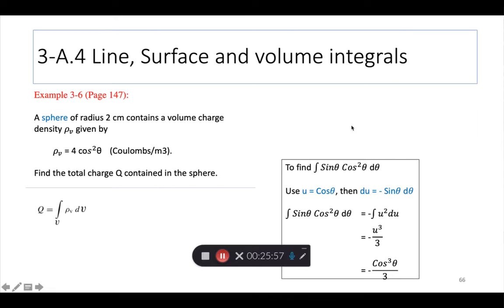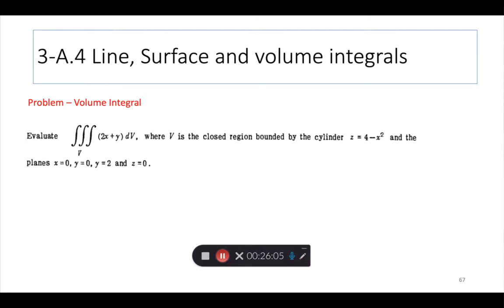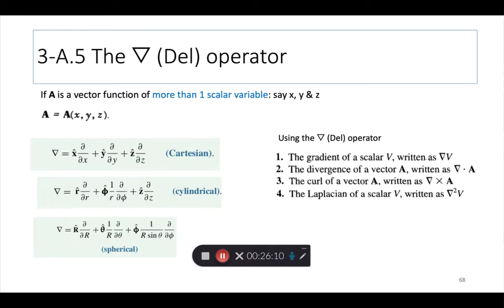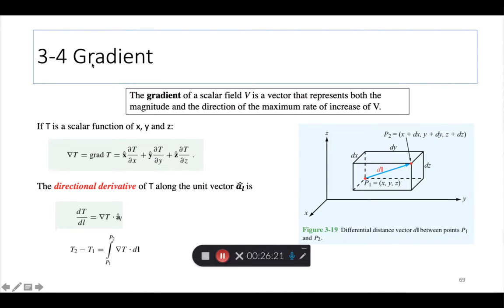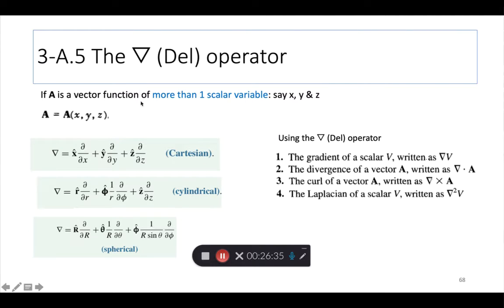Now I also have an example from our textbook on the volume integral, but we'll wait to do this in the next recording. Then there's a problem on volume integral, so let's also wait to do that. Now we come to a very important section. The important section from our textbook is on the next slide, slide 69, 3-4, and 3-4 is a long section. It introduces you to many new things, but before we get to 3-4, let me still,